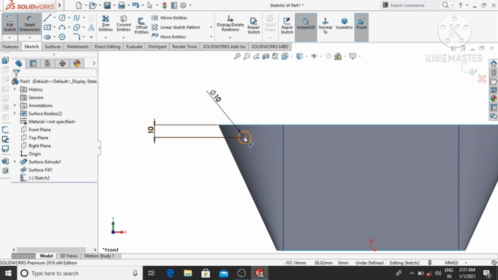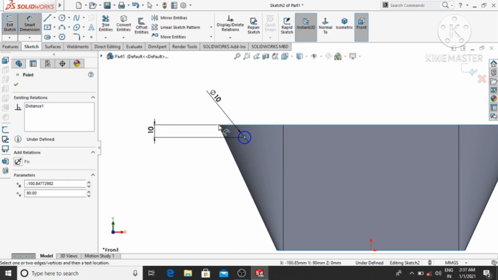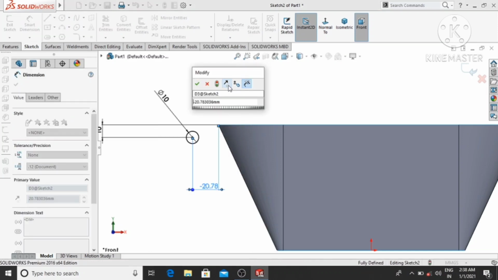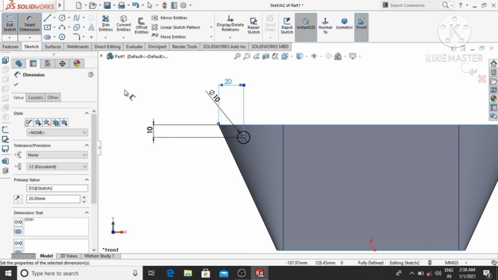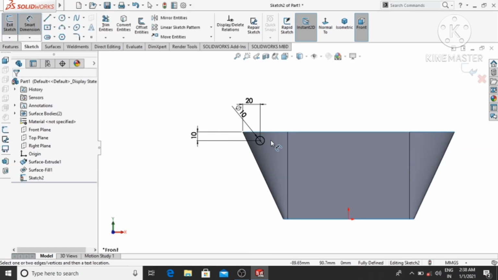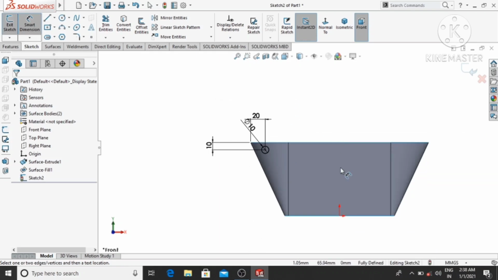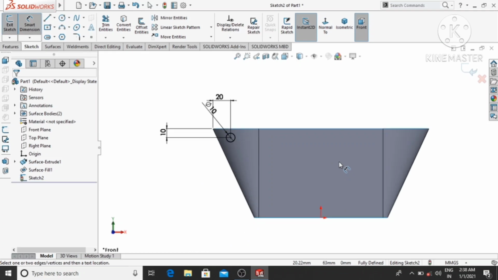Select this point, select this point, and this gap will also be 20 mm. Here the number of circles will be 13, so we use a linear pattern.